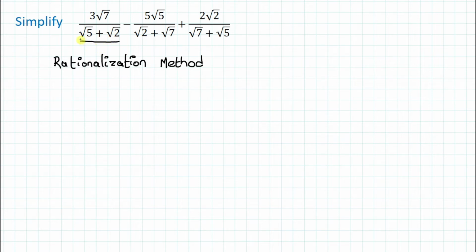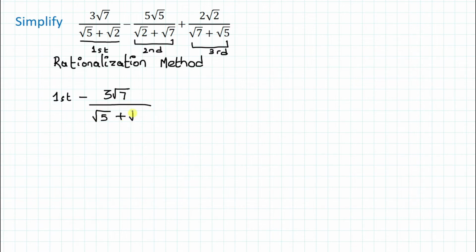So let's take this as the first term, this one as the second term and this one as the third term. So the first step is to rationalize the first term. Our first term is 3 root 7 divided by root 5 plus root 2. So let's rationalize it. Rationalization means you have to multiply